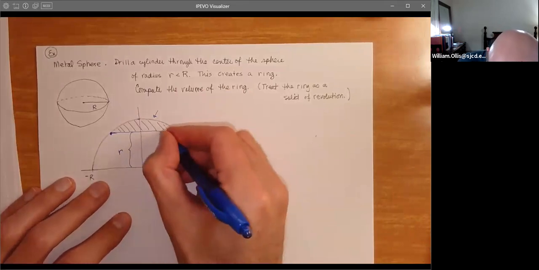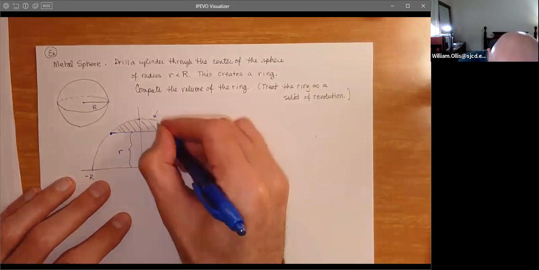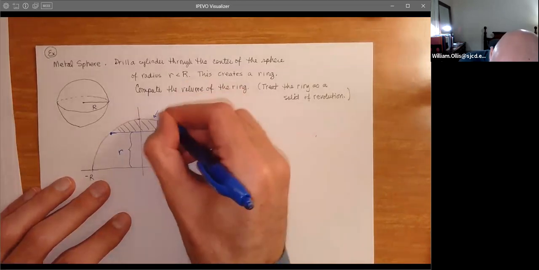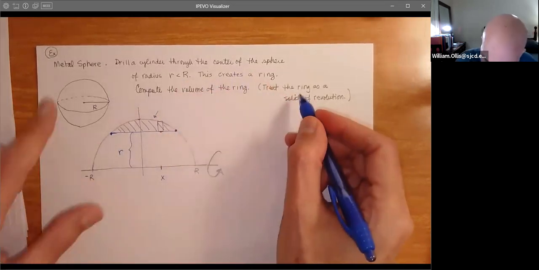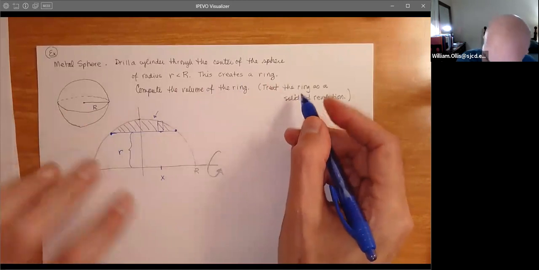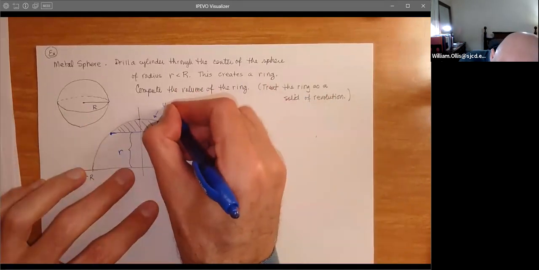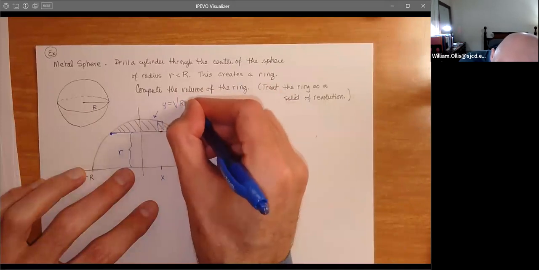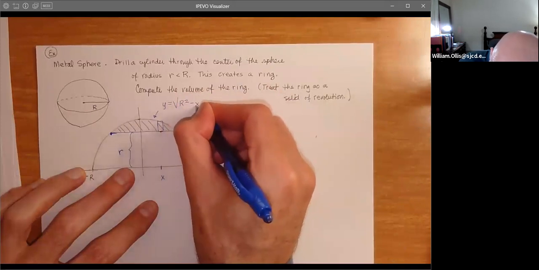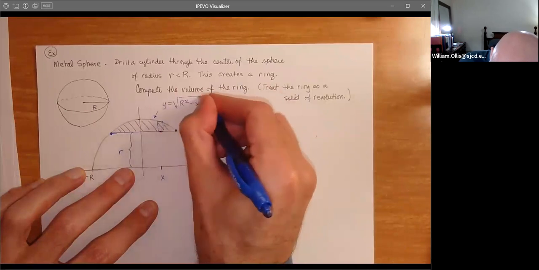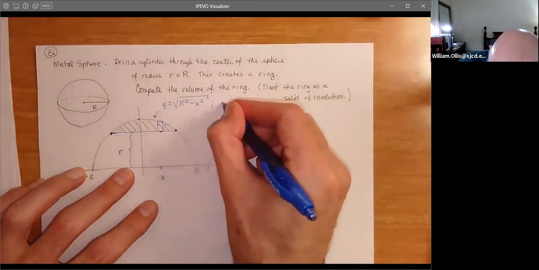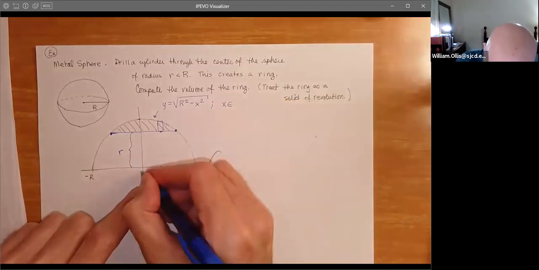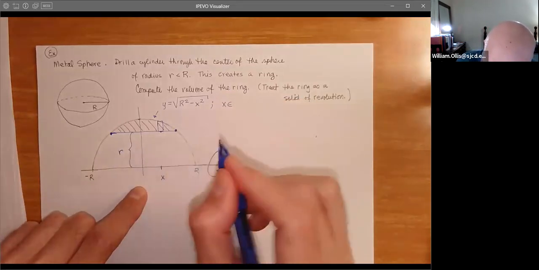We'll draw in our rectangle. And then the outer curve here, we can just use the equation of the circle. So y equals the square root of r squared minus x squared. And of course we're going to use symmetry again. So in this case, x lives between 0 and, at least for now,